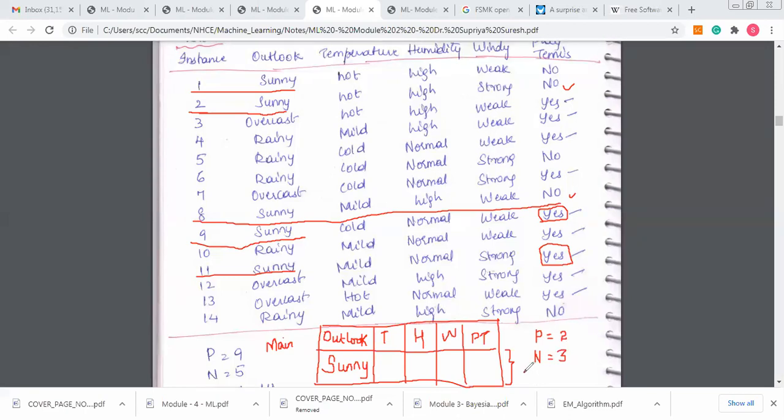So what will be my step 1 here? I have to repeat the same steps. What is my step 1? I know my positives, I know my negatives. What should I do? This is my main table. I'm not considering the older table. I'm considering this is my new table now. From my new table, I have got to know the positives and the negatives. What would I do first?